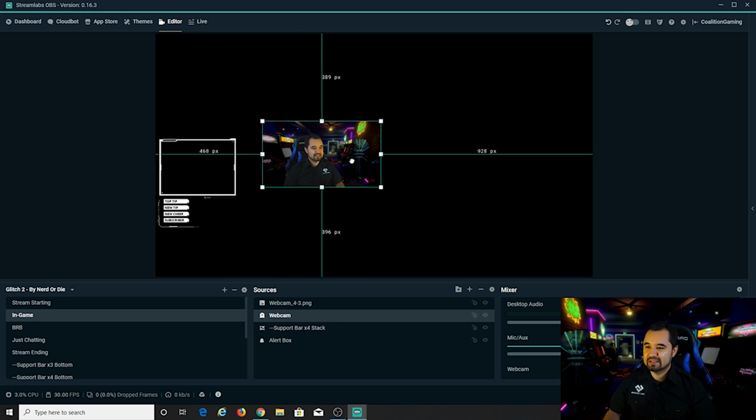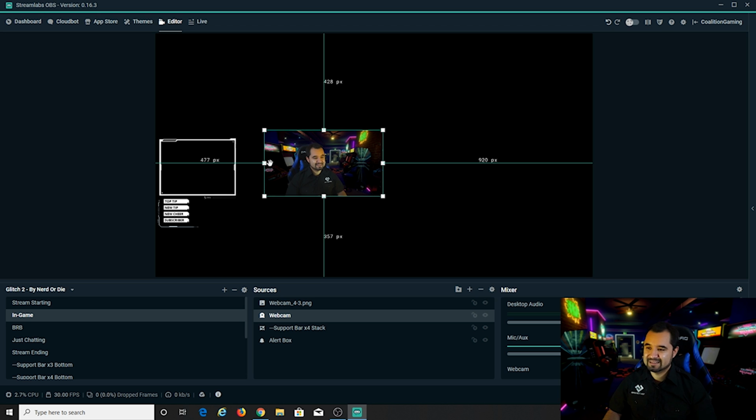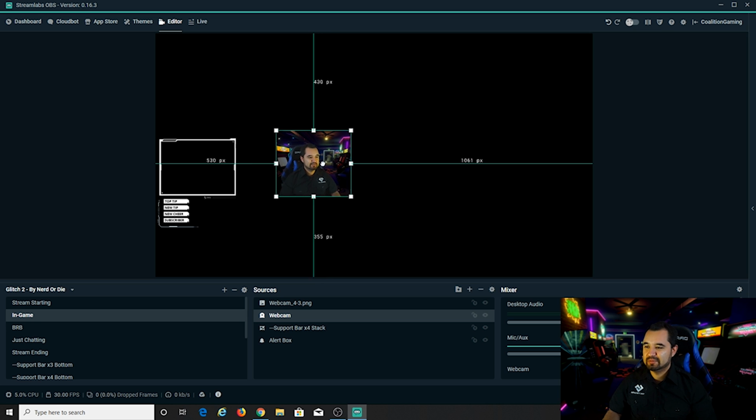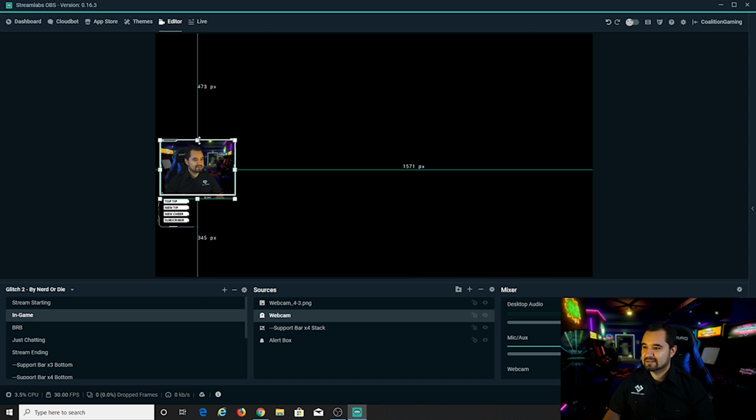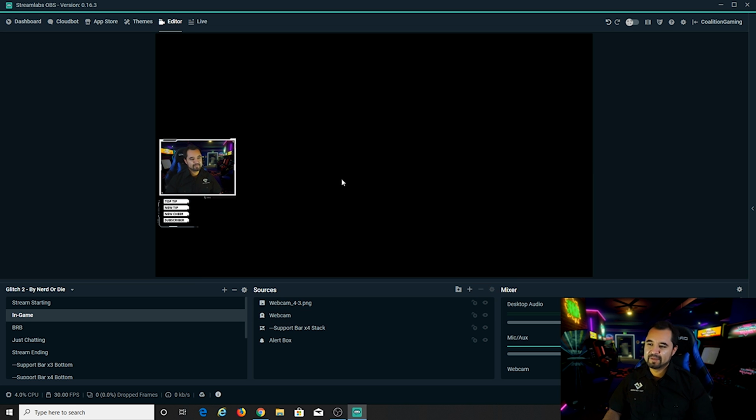So cool thing here, we're going to move the webcam over here, hold Alt. Holding Alt on the keyboard, and I'm going to just shrink it in a little bit. I'm going to hold Alt on the right side, shrink it in a little bit. And I'm going to bring it over here and sort of place it where I want, shrink the top down a little bit, boom. So if you had a 1080p webcam, but a 4:3 box, you're still okay. And I'm going to adjust the bottom up. There we go, look at that. Now I'm perfectly placed in the webcam box.